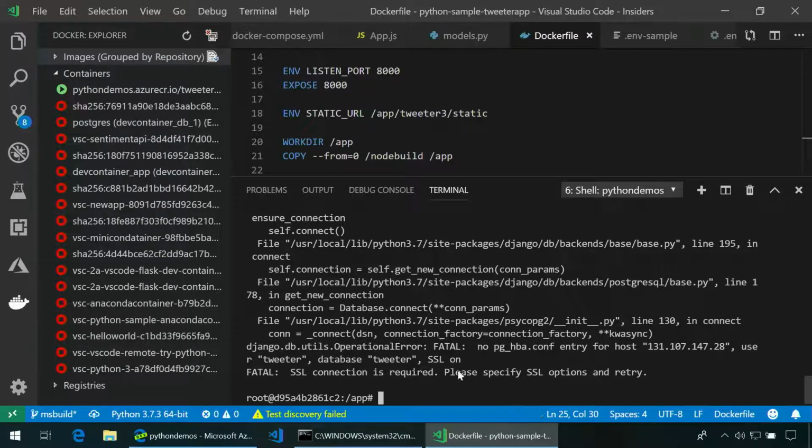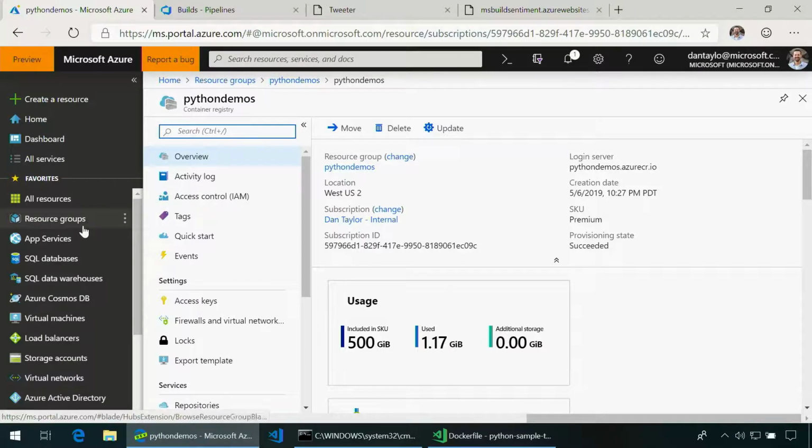Now, it gives me this error that says no pg_hba.conf entry for this host. This just basically means that my IP address needs to be added to a firewall rule to that production database. My script is supposed to do that, but I'm a tricky employee that's connected through a VPN, so that's throwing off what Azure thinks my IP address is. And so I can